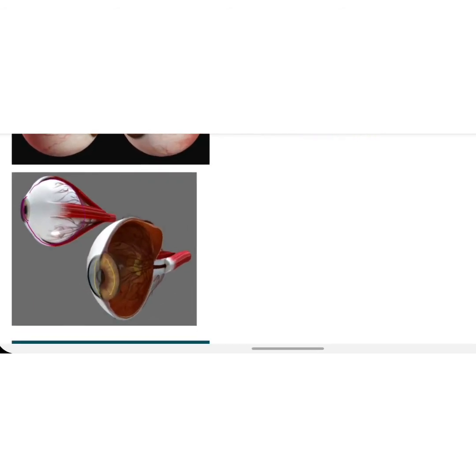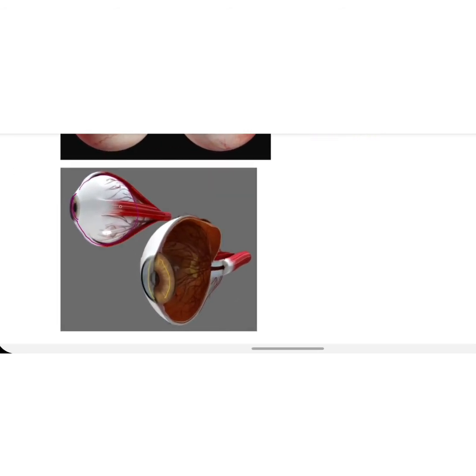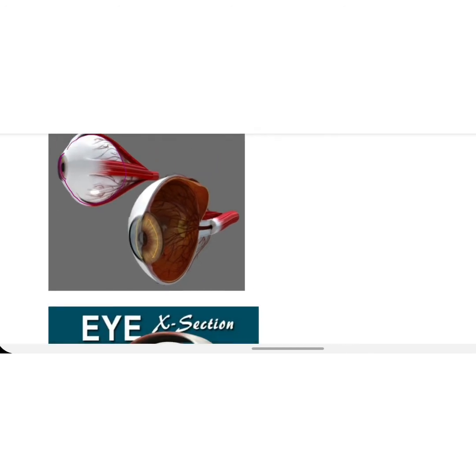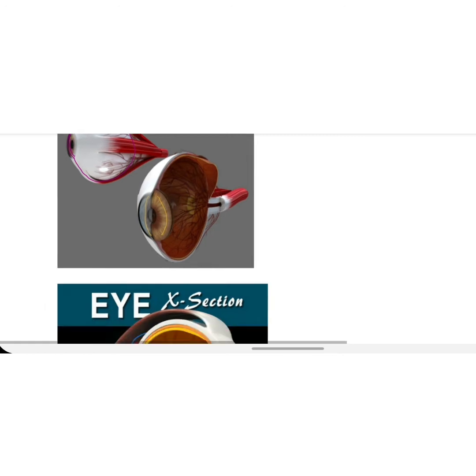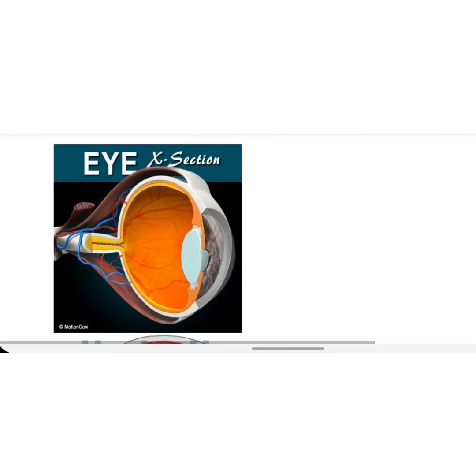Our eye is located in the orbit. In this, the extraocular muscles are attached on the outside. These are the extraocular muscles that are attached on the outer surface of the eyeball. Now, the various diagrams we see in textbooks are the sagittal section of this eyeball, and it looks like this. We see from inside, that is, the parts we see are present circumferentially in this sphere. Again in this picture, we can see that the eye is cut in the sagittal section.